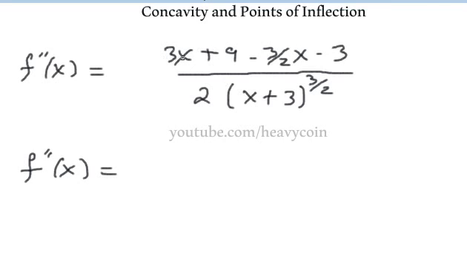Let's simplify this down. We got 3, with some like terms here, 3 minus 3/2 x, and so we're left with 3/2 x. We got 9 minus 3, and that's going to be a plus 6 over,